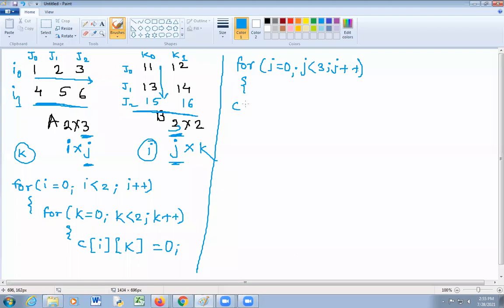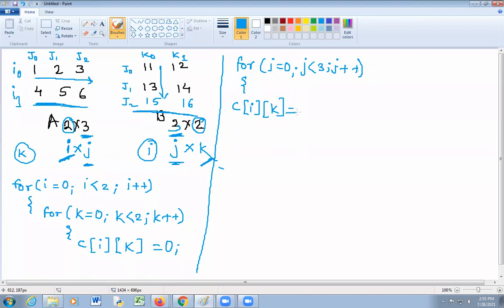Here the result is stored in C of ik. The resultant matrix should be of this size: row of the first matrix and column of the second matrix. So C of ik, the row of the first matrix is I, the column of the second matrix is k.